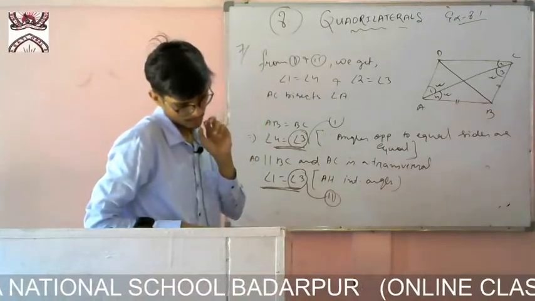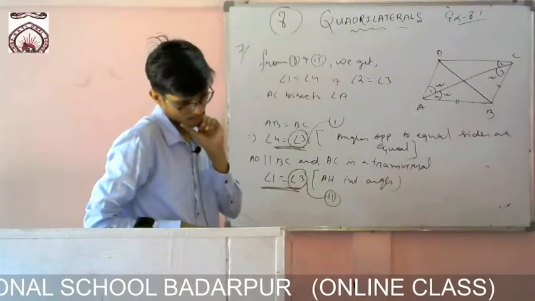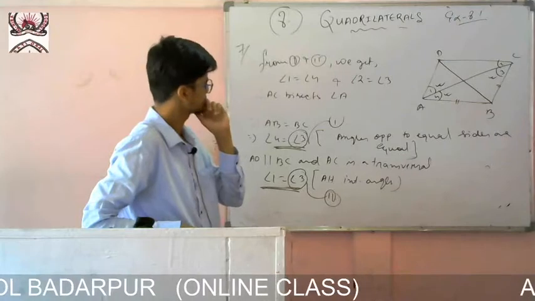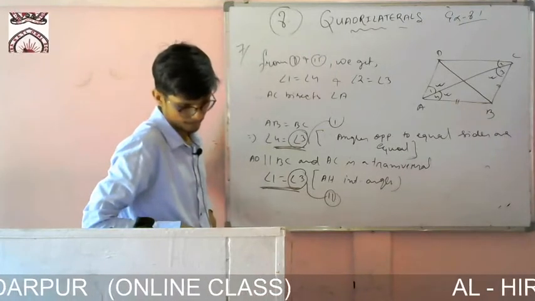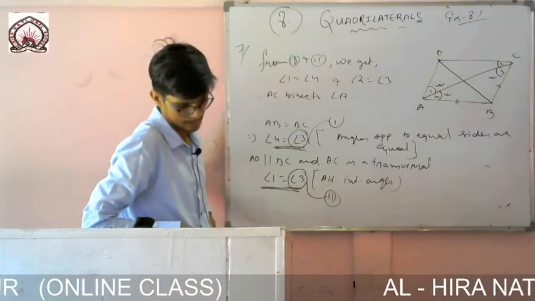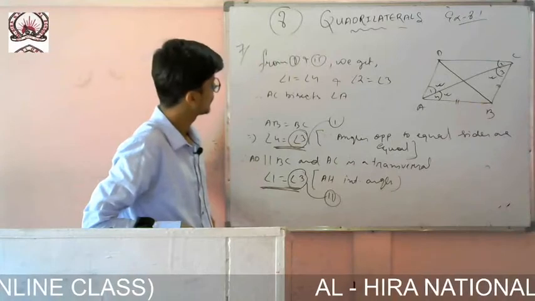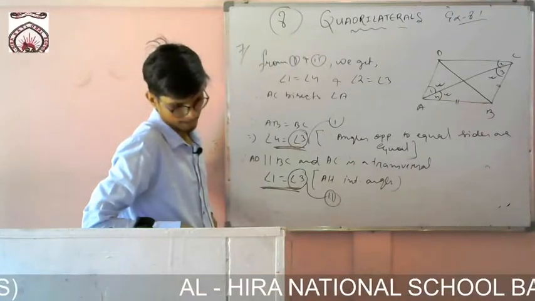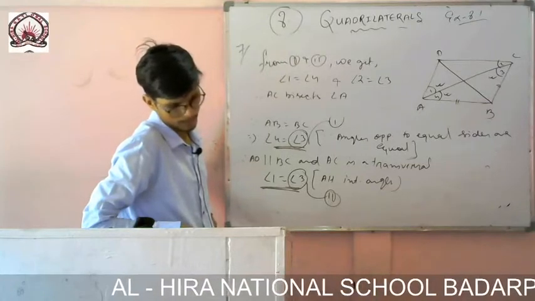When I have one question, so what I have written, 1 and 2 we have shown equal, then 3 and 4 I have